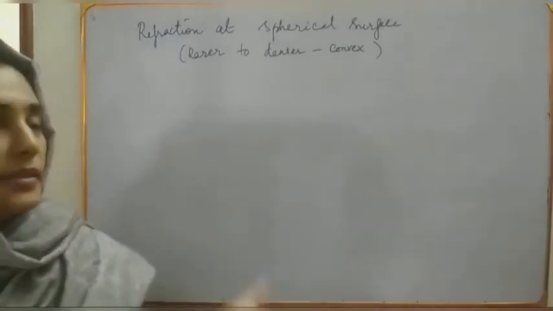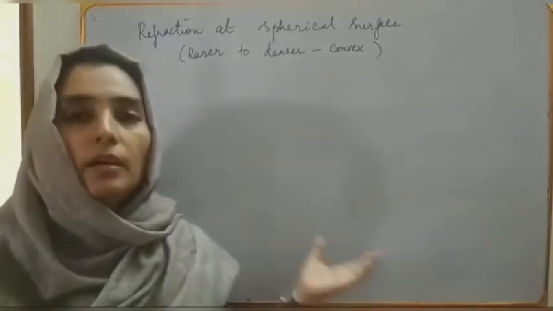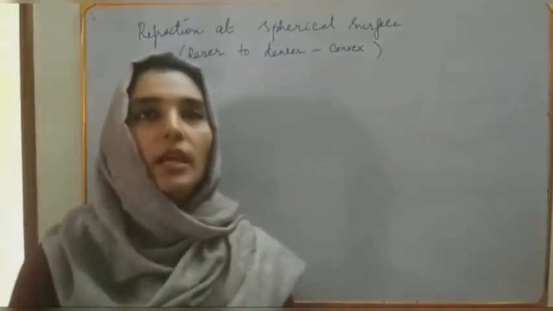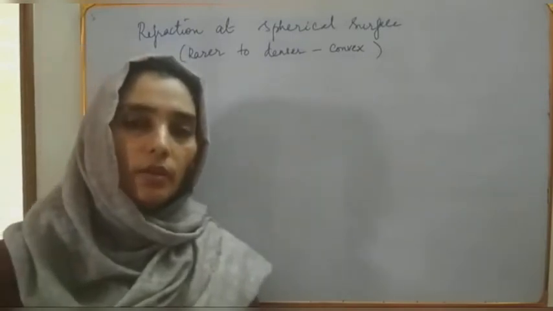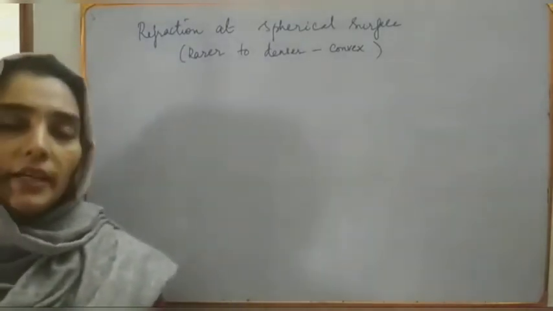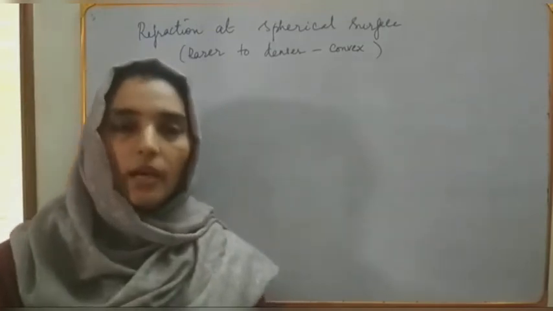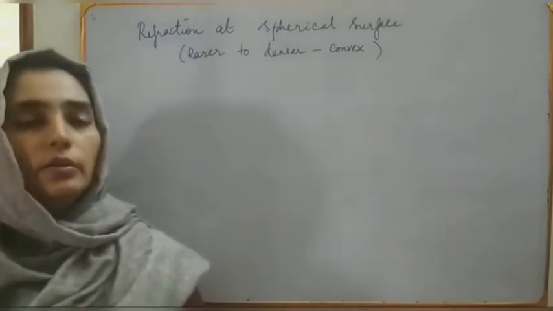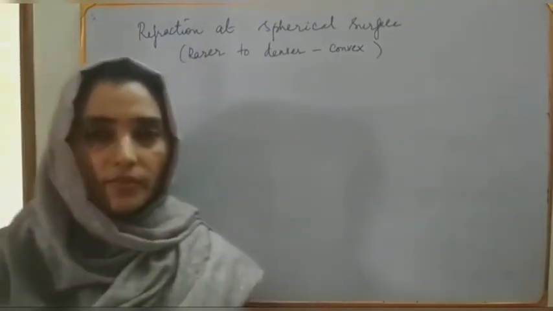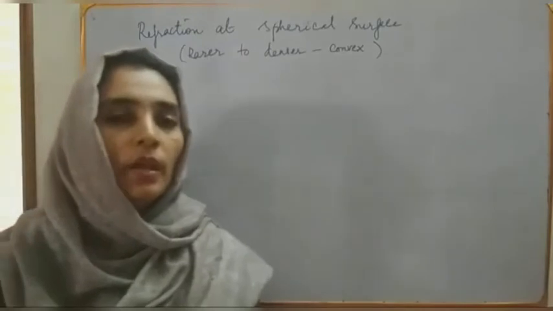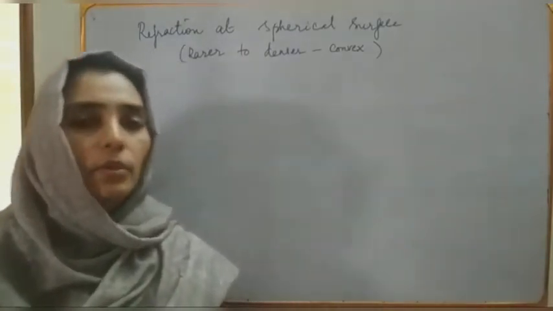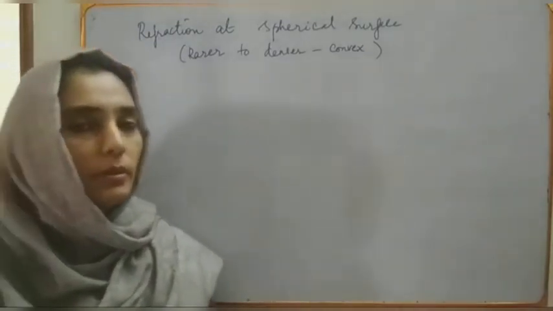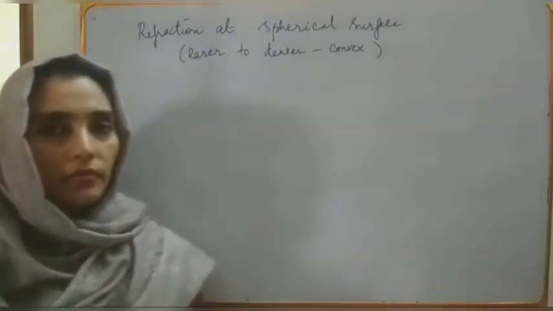Because we have Lensmaker's formula, and we can derive Lensmaker's formula from the idea of refraction at spherical surfaces. Lenses, you all might be having a rough idea of what lenses are, because you might have learned it in 10th standard. You know that lenses are transparent surfaces where light undergoes refraction while passing through a lens, and an image is formed, a real image or a virtual image, as a result of this.